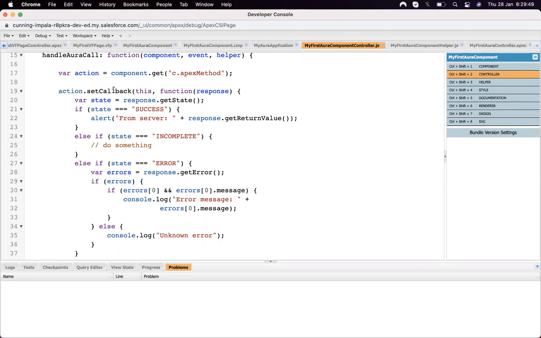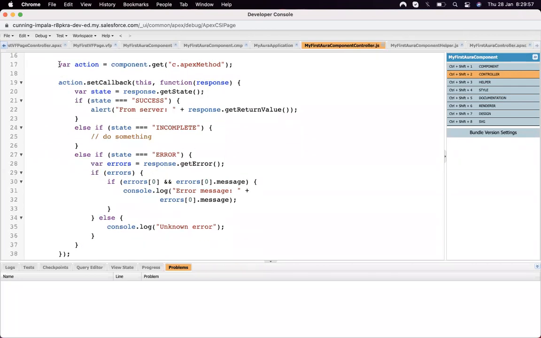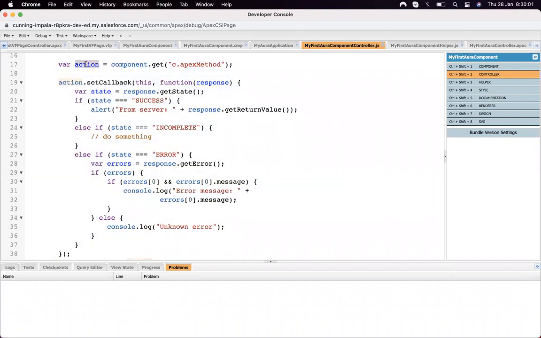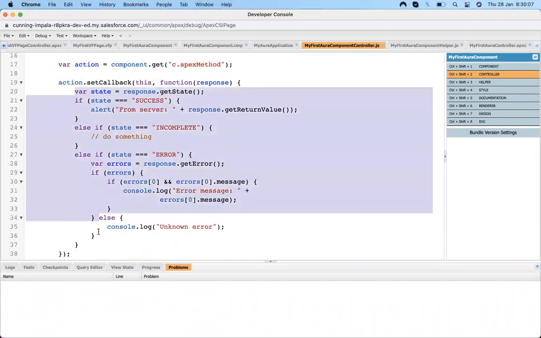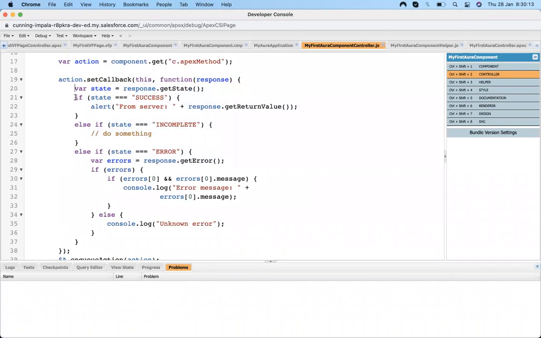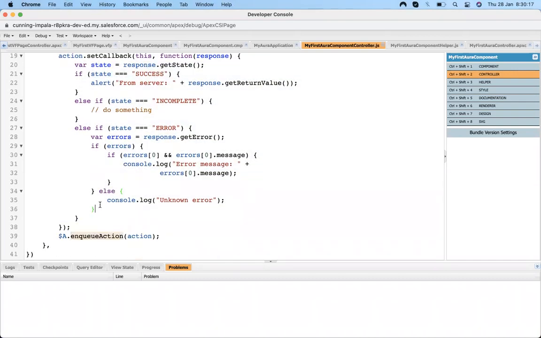No, it's not always watching this API. Whenever you call this action, it will just execute this JavaScript. It will call that Apex method, and whatever response I get from that Apex method comes up here. It's a one-time call. Whenever we hit this method, it is a one-time call. It will execute this statement.